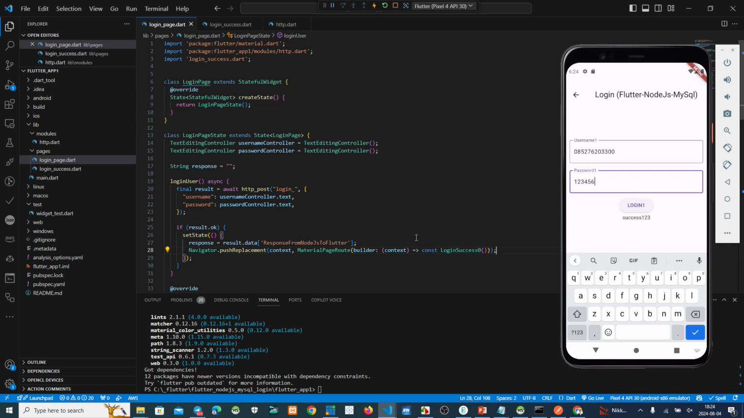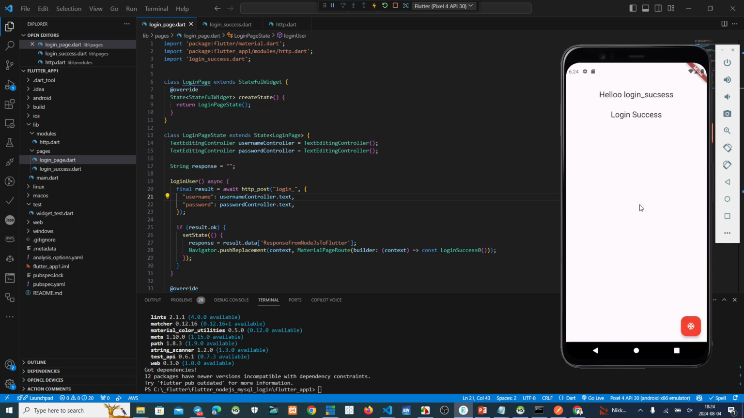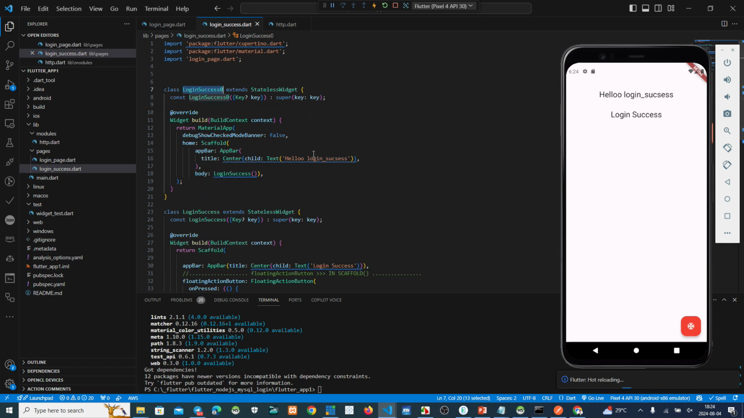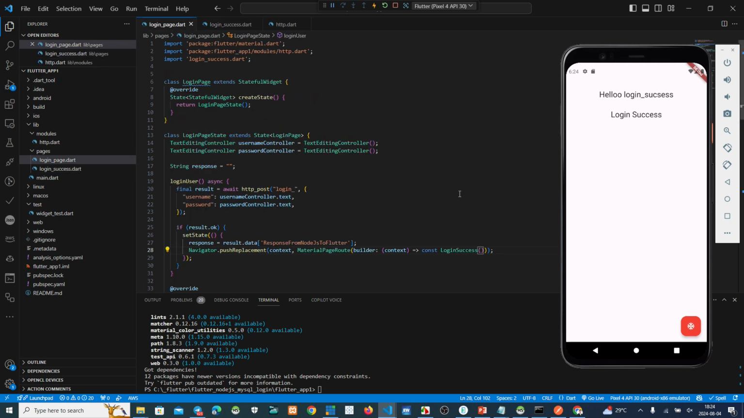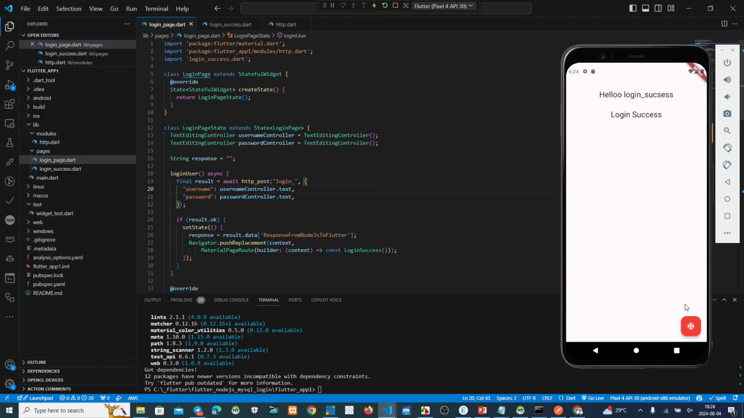Now we try this one. Log into this. Okay. Hello, login success. Oh, too many information this one. I think it's better we change this directly to this one. We cannot use this one. Okay, just login success. Okay, change to this one, login success, copy, save, and then